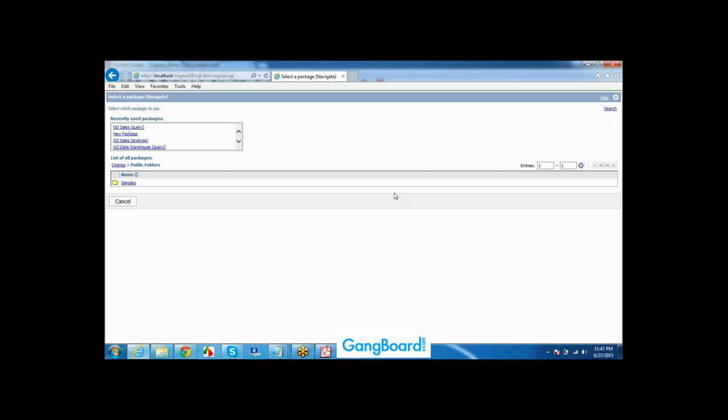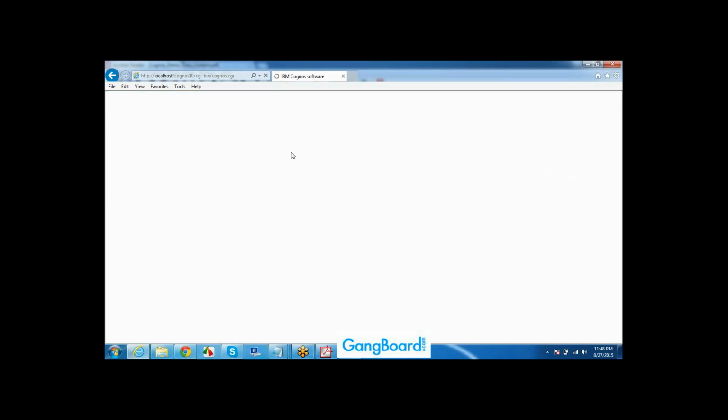What is meant by package here? Any report you are creating in Cognos, we need to create based on a package only. Tables, whatever we have in the data warehouse, those tables we are going to import as a package to Cognos. It is an interface actually. So I'm trying to create a new report, and it is asking me to select a package. Since I already used some recent package, I click on any of the random packages. I just clicked on it, and my new report is getting opened now.